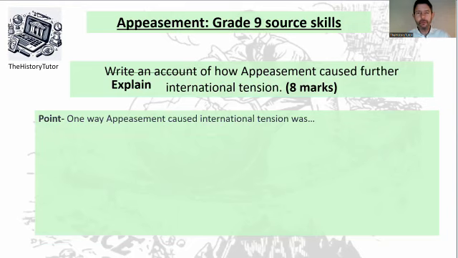So have a think about what you're going to go for. So what was one way appeasement caused international tension? Was it the invasion of Czechoslovakia later on? Was it giving Hitler too much power and too much confidence? What would you say? Right, so here's the argument I've gone for, and then we can work through this one